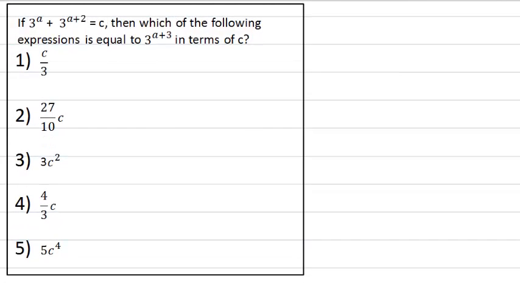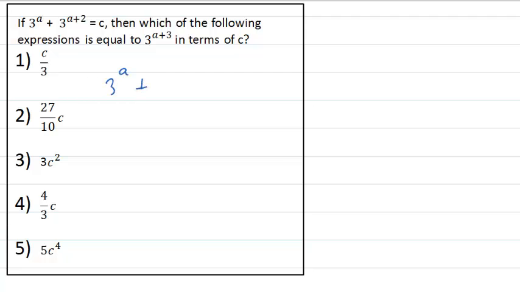Here's another problem that I came up with myself to kind of imitate problems that I've seen from College Board. 3 to the a plus 3 to the a plus 2 equals c. Which of the following expressions is equal to 3 to the a plus 3? This is another problem where you might want to try different things here. It's just a matter of